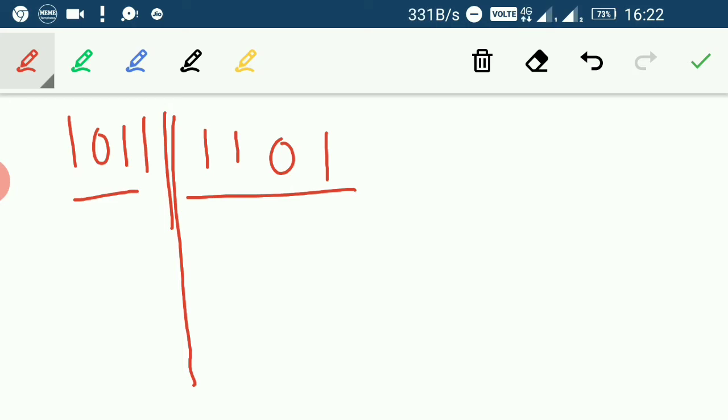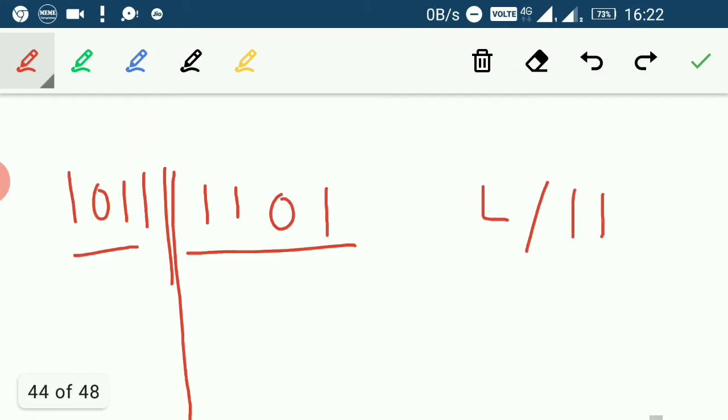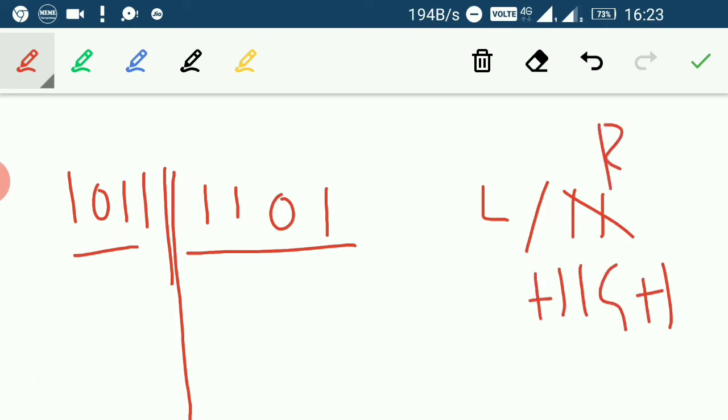So it is going from left to right, because they have given in the problem L/R, right, and it is a high input. Clear? So it is going from left to right. This is waiting, this is stored. Clear? So we have to go from left to right when we shift.